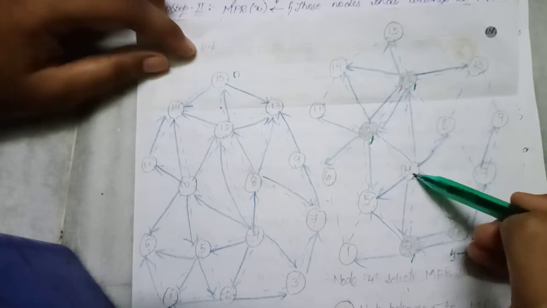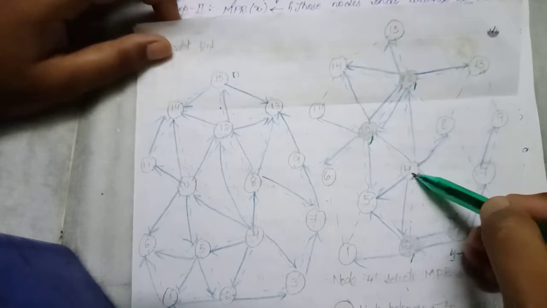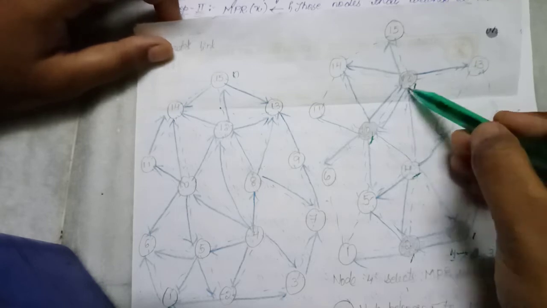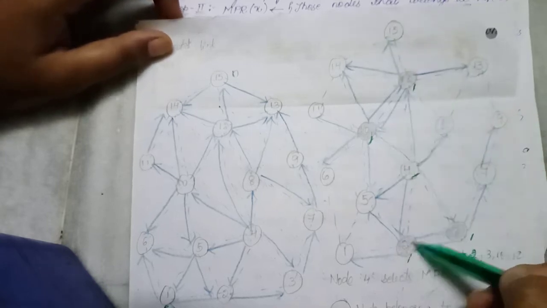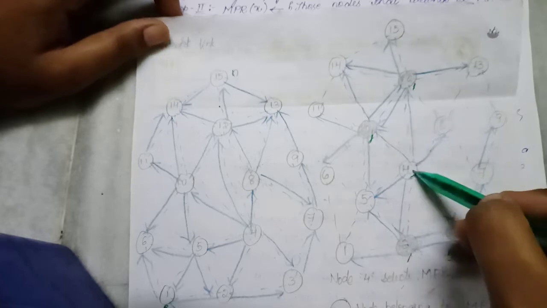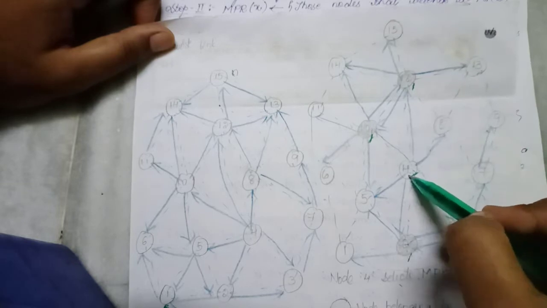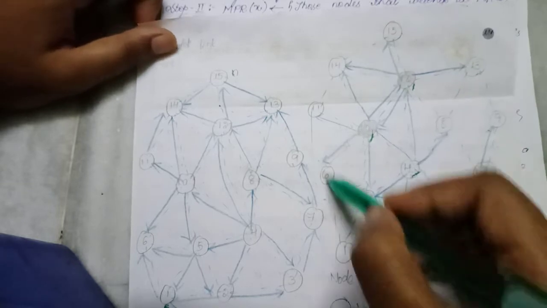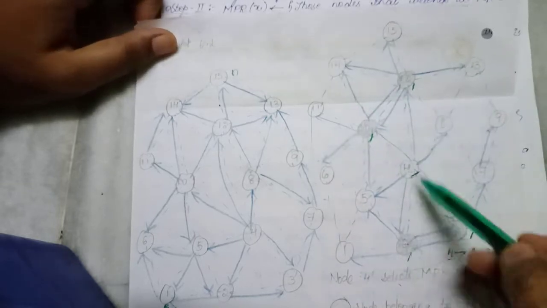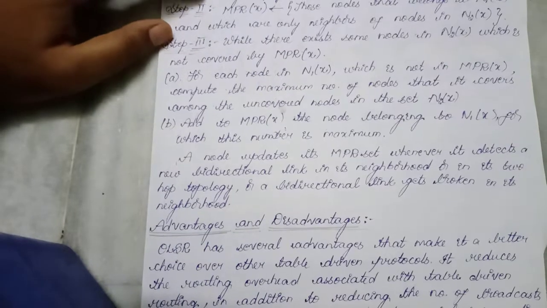Node 4 will originate the packets. It will forward them to 10, 12, 2, 3. These nodes will forward those packets which are sent by 4 to all other nodes in the network. Node 4 will not forward the packet to all other nodes in the network itself. It will make these nodes forward them. I hope you understand it.